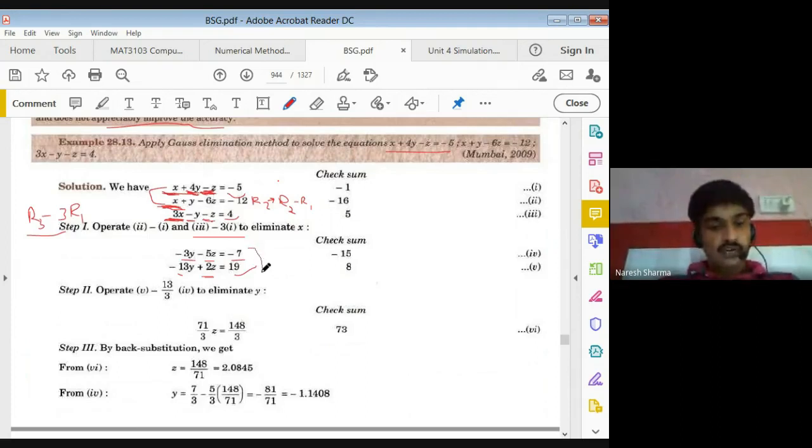So now you can use this and make this equal to 0. For that you can divide your third row. Now at this stage, this is your pivot equation and this is the pivot element. Now in the second, this is the pivot equation, the second equation, and minus 3 is your pivot. And again we can use your R3.